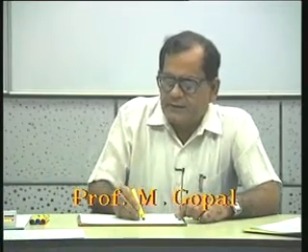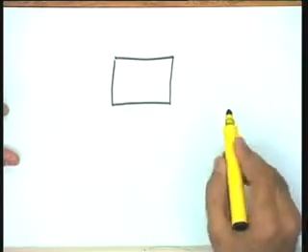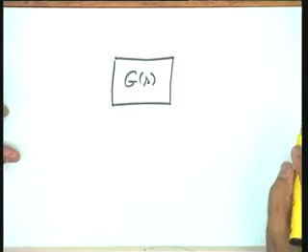Well friends, having introduced the transfer function of a plant, that is modeling of a plant and models of disturbances and the test signals, probably today onwards we can take up the dynamic response of the system. So, I will like to take the block like this. This is the plant. This is modeled by the transfer function G(s).